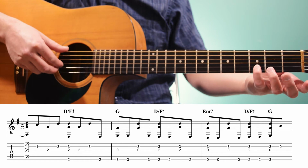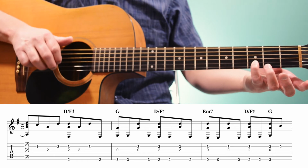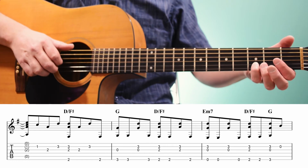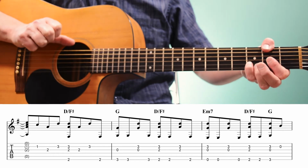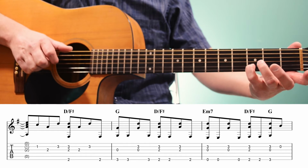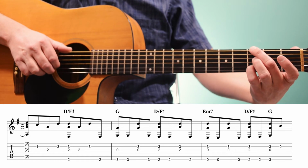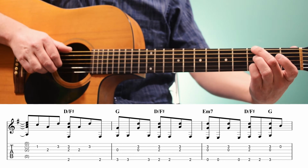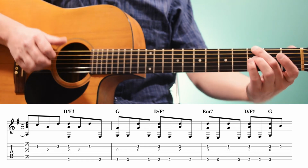So again, that pattern is the sixth, third and second strings together, sixth, third and second strings together, sixth. Then we're going to play our D sharp over F chord again, all three notes, followed by just the bass note, and then leave that pinky there on the third fret of the second string, keep an open third string, and then with my middle finger I play the third fret of the sixth string, so I have a G chord again. Play those three strings, and then just an open B string. So we have